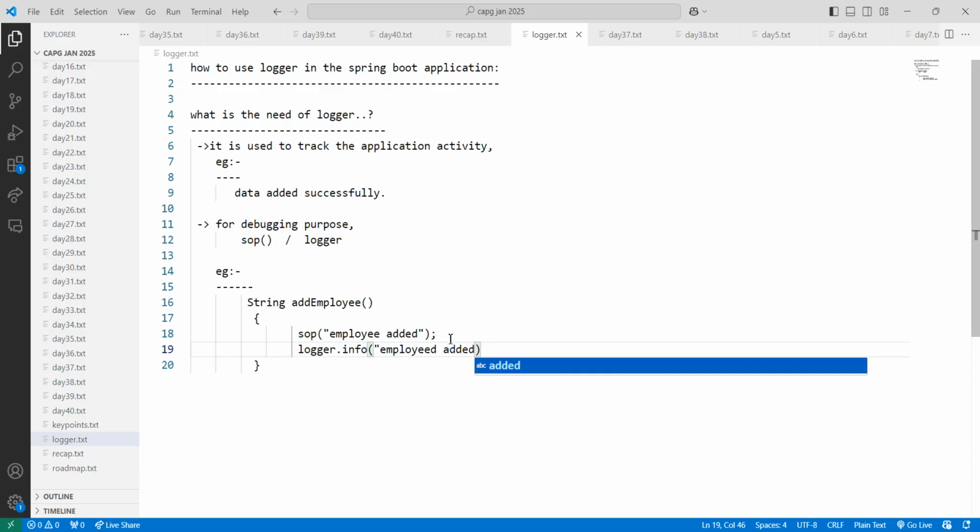Employee added. Instead of a print statement, you can use Logger. In Logger the message has some meaning.